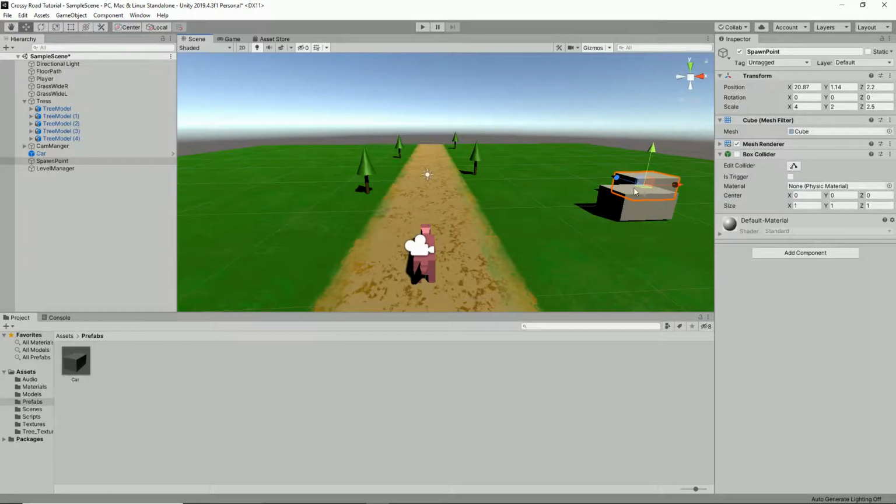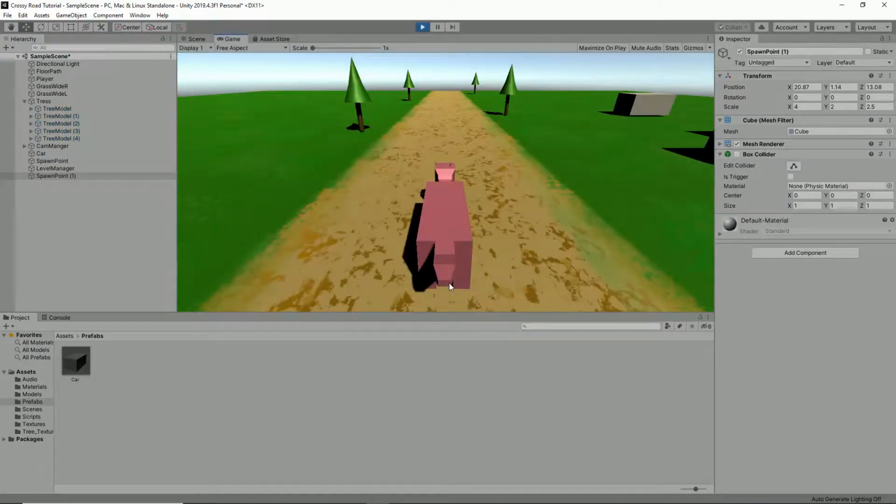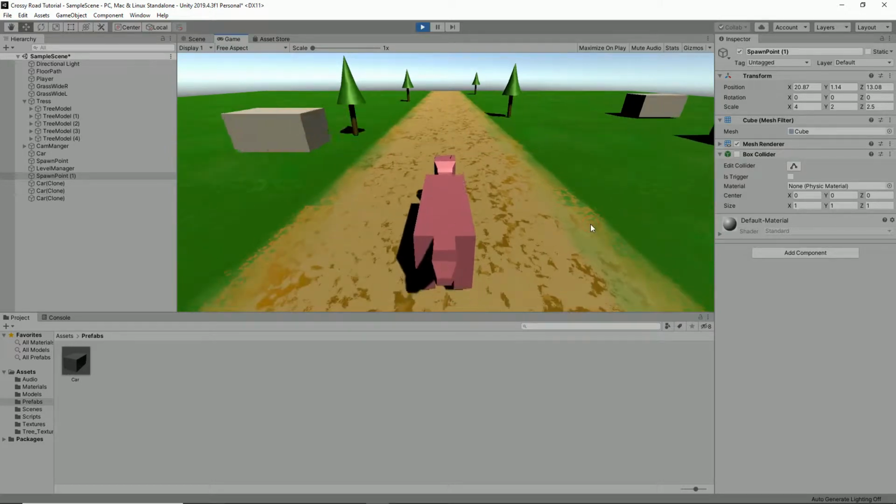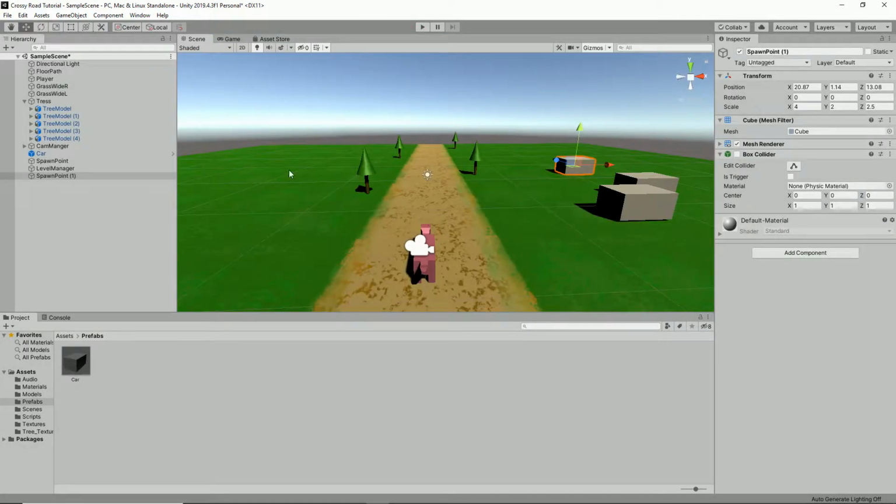Cool. And what would happen if hypothetically we were to duplicate this spawn point and had one over here too? Well, let's find out. We've now got 2 spawn points and we've got to hide the mesh renderer. One's spawning, but the other is not. Interesting. Because the spawn point itself does not actually have the script on it. It does not have the script on it. So we would have to